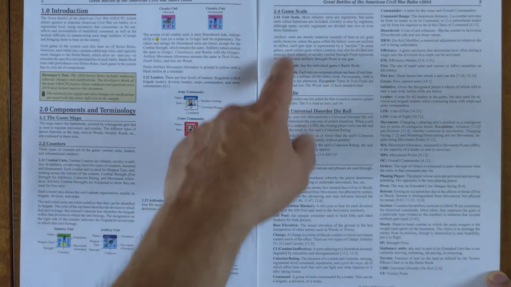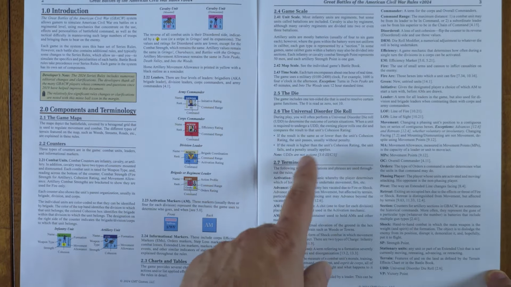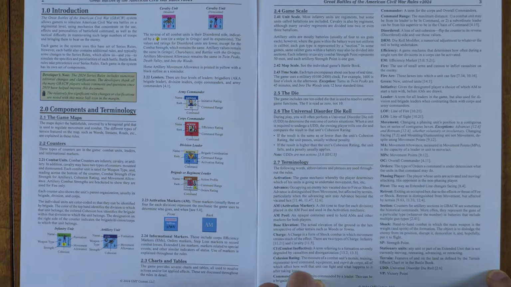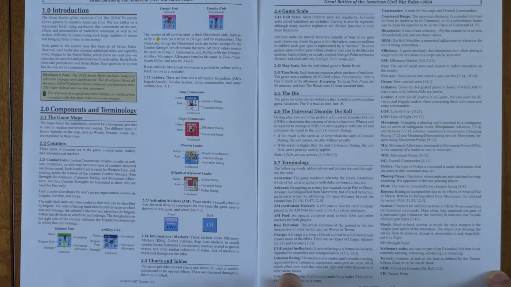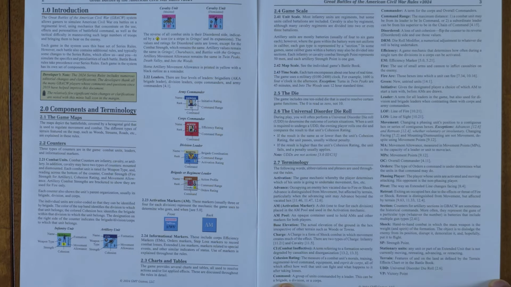Then our charts and tables, our game scale. We looked at that on the back of the box. The 2 dice, universal disorder die roll. During play, you'll often perform a universal disorder die roll to determine the outcome of certain situations. When a unit is required to undergo a UDD, the owning player rolls 1 die and compares the results to that unit's cohesion rating. Okay, so that is the